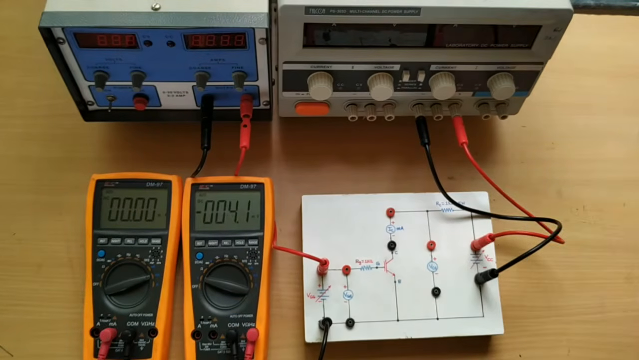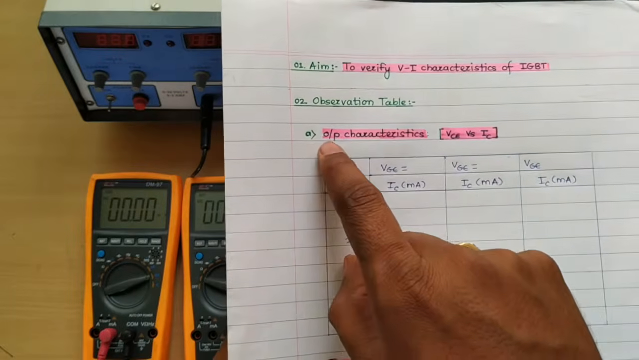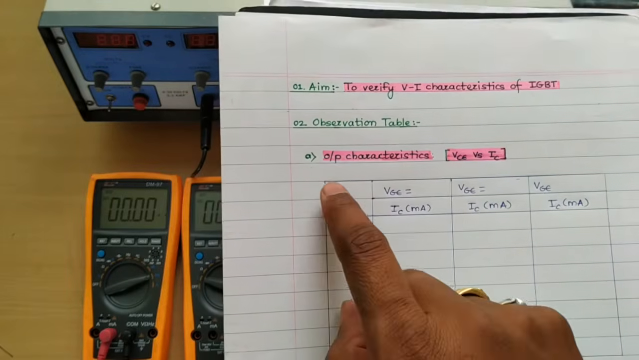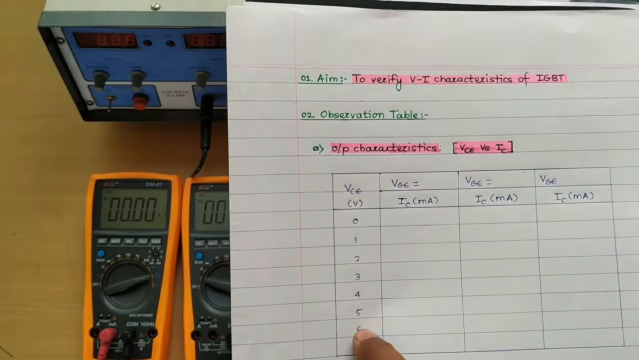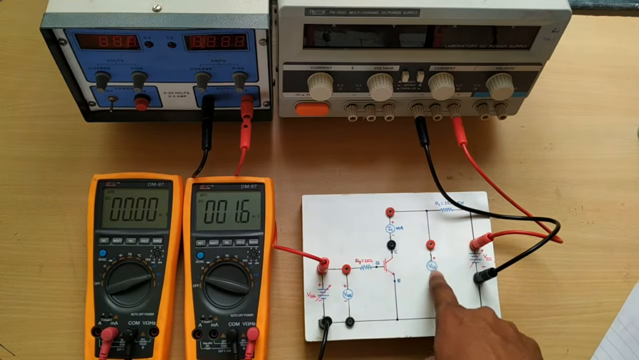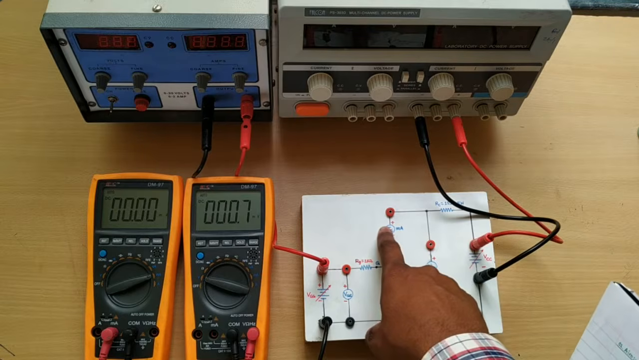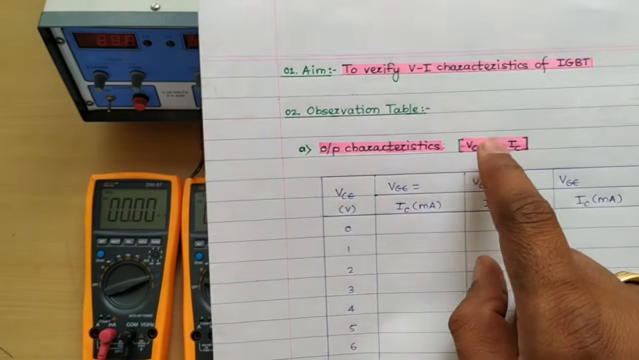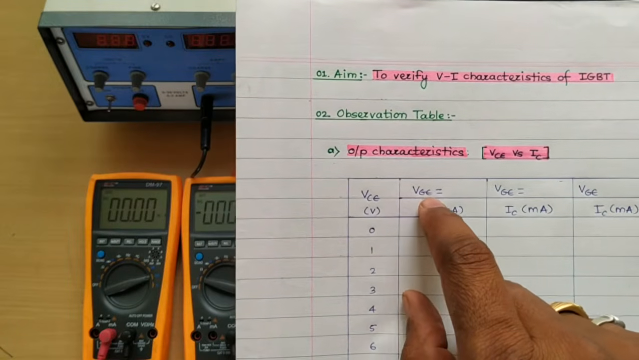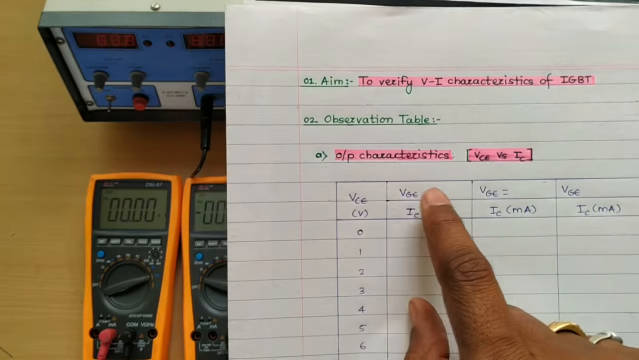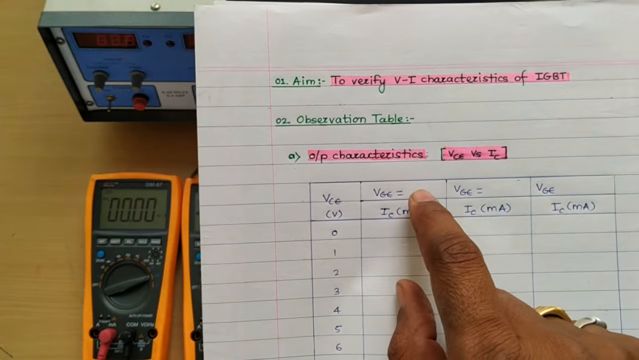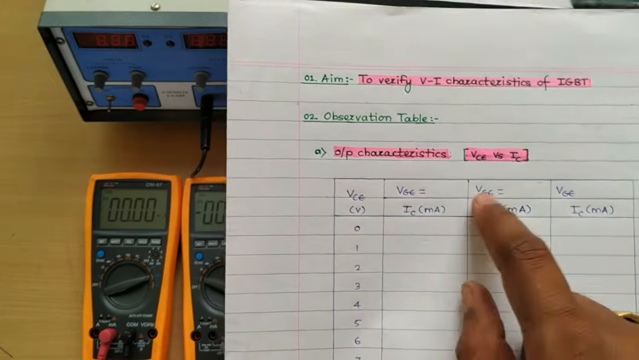Now as per our observation table, first we are plotting output characteristics. So this is VCE versus IC. So you have to measure VCE and you have to measure IC. So I will connect this voltmeter over here because I want to measure VCE, and the ammeter over here. When you are plotting output characteristics, at that time what is your input quantity? VGE, gate to emitter voltage, that should be constant. So we are taking three different sets of readings. We will take VGE three different values, and for those values we will try to measure what is the value